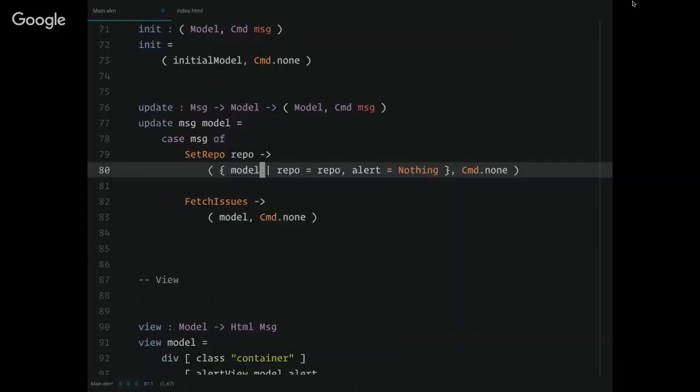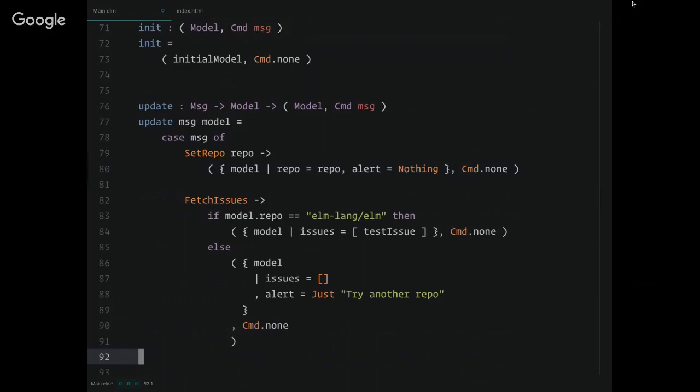Okay, so when we set the repository name, we now need to explicitly set alert to nothing in the event that, let's say I've already entered something that's an invalid repository name and I get that alert. If I start hitting backspace, I want that alert to go away because it knows I'm trying to fix the problem. So I'll just set the alert to nothing.